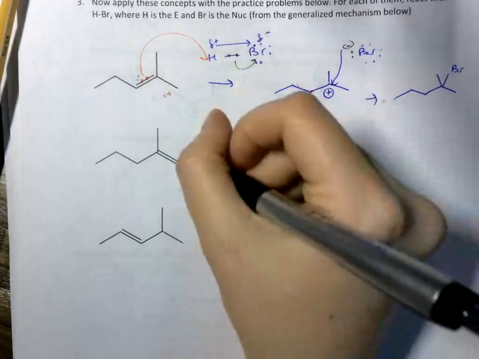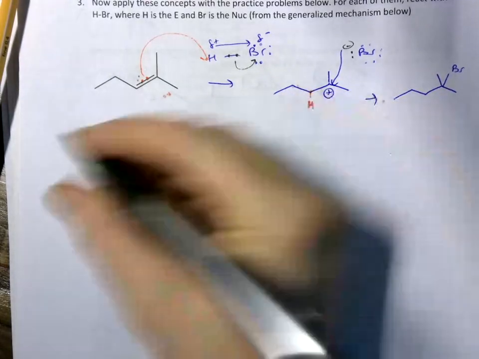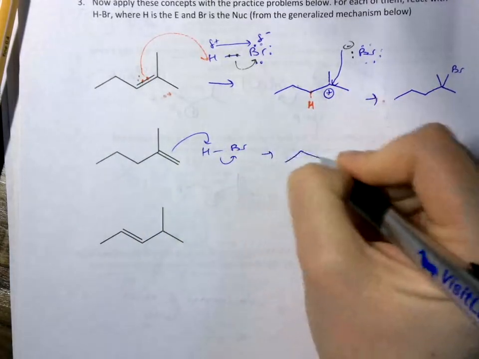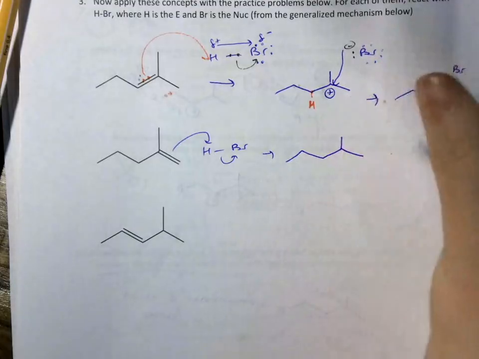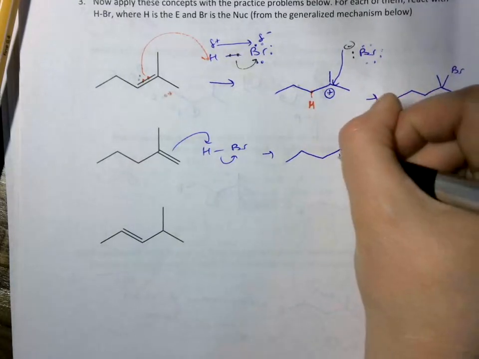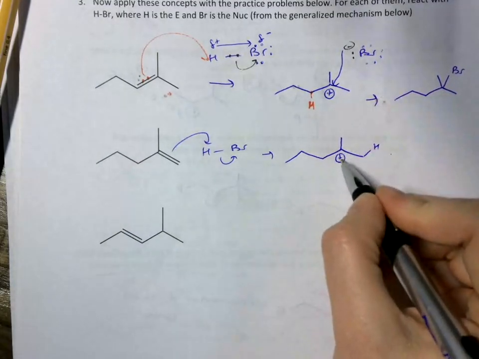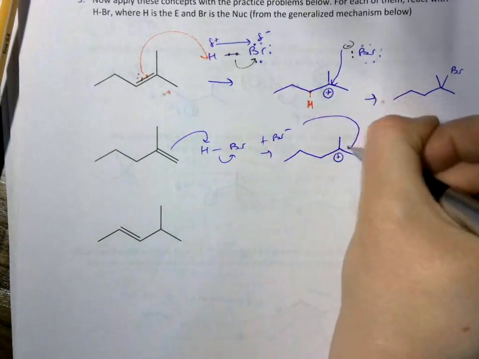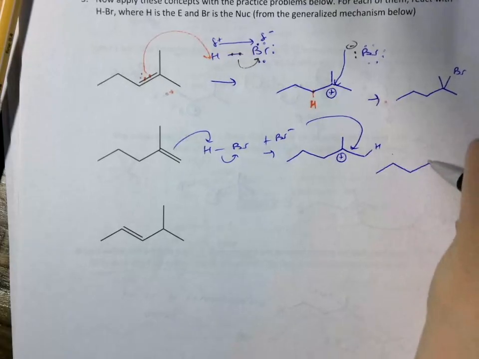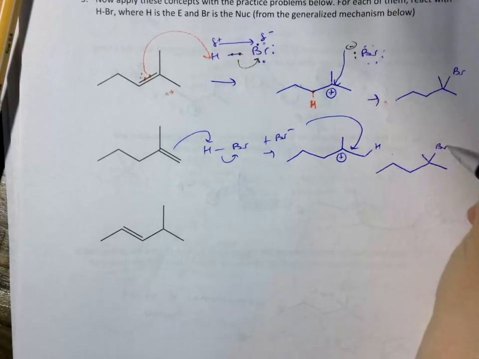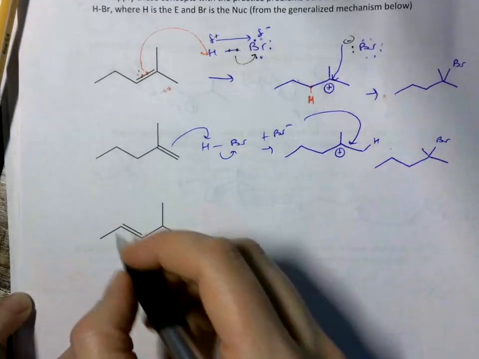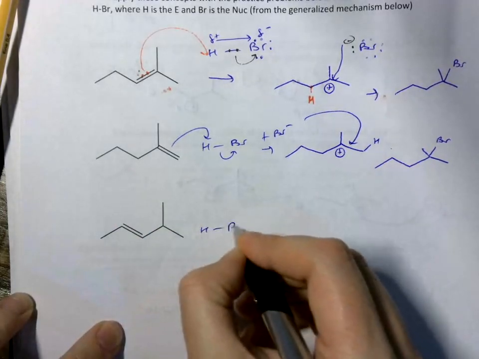Now for the next one, I'm not going to draw the different electrons forming because hopefully you kind of see where those come from. So the hydrogen's going to come here because the more positive carbocation would be on the substituted position. And this also makes the Br minus, which attacks right there, and you get Br, and that hydrogen's still there, but it's implied. And now on this one, HBr,